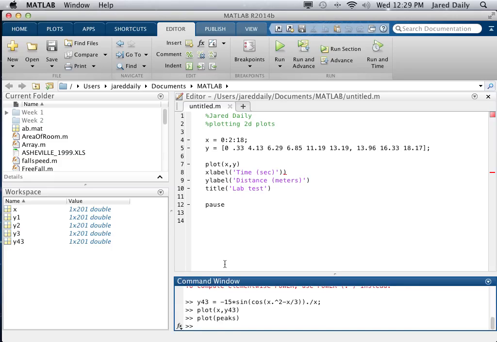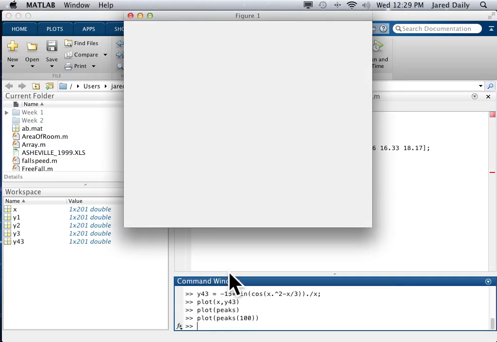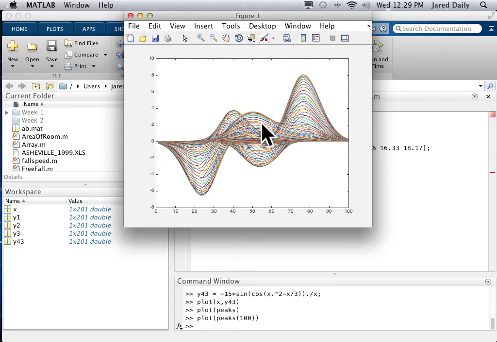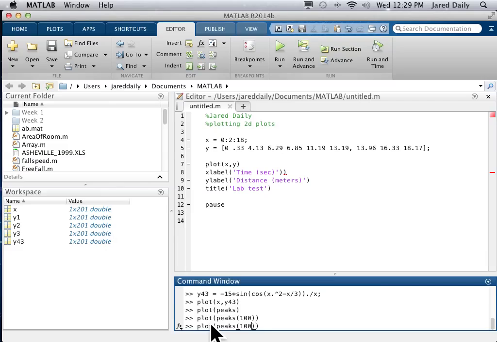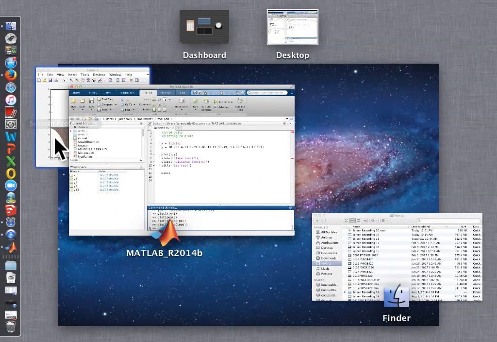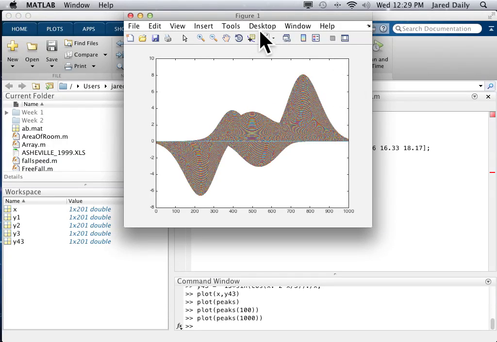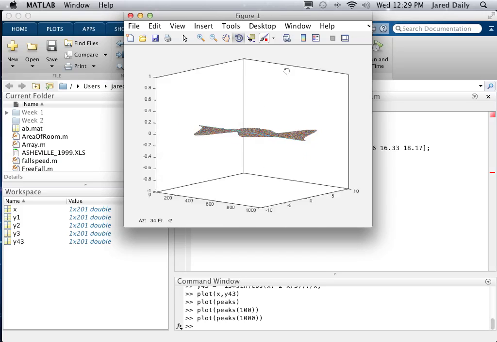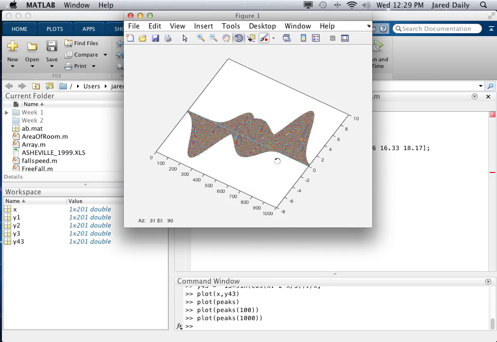You can also choose to plot peaks with different numbers of points. So if you do like 100 here, you do peaks and then parentheses 100 and plot it. And you can do plot peaks 1,000. And you get more points. It becomes more dense with the number of points that it graphs here, so that you get a higher resolution